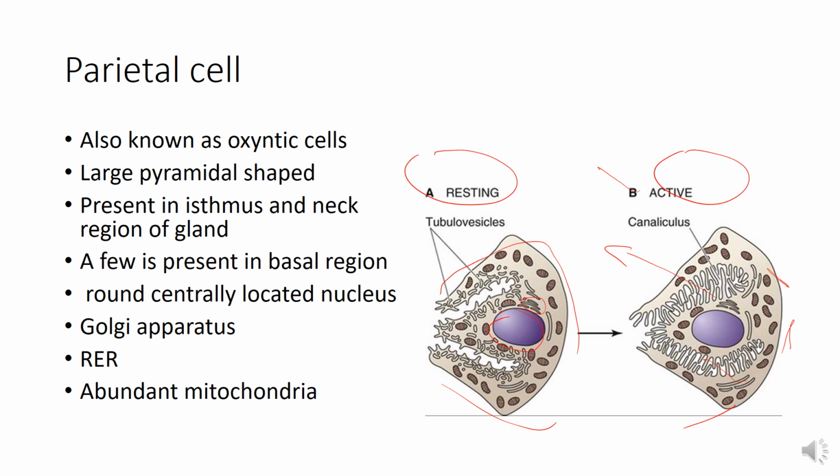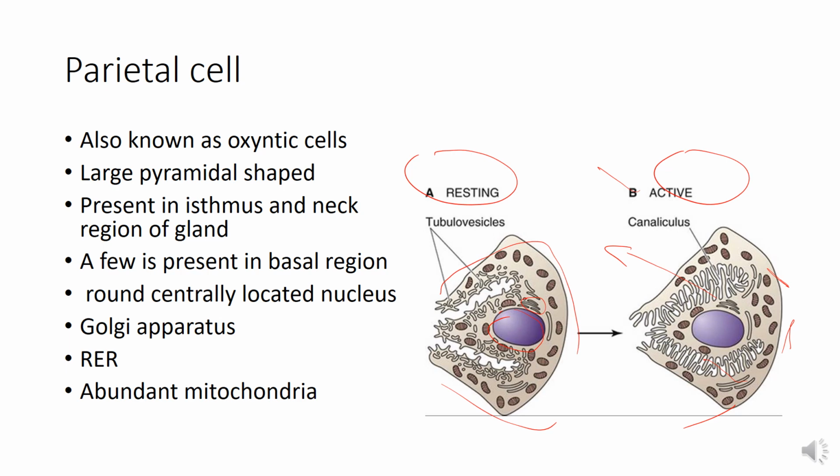Now, an electron microscopic picture of the parietal cells shows that there are membrane-bound tubules and vesicles present in the parietal cells. In an inactive parietal cell, the number of these tubulovesicular structures is very high. However, when the parietal cells are stimulated to produce HCl, the cytoplasmic tubules and vesicles of these cells fuse with the plasmalemma of the cell, which results in deepening of the intracellular canaliculi.